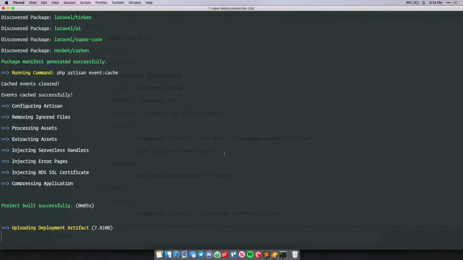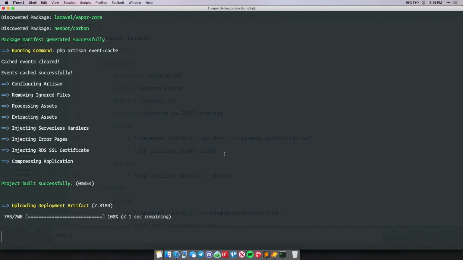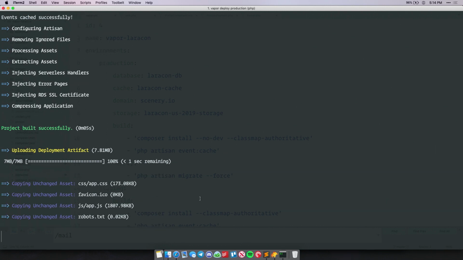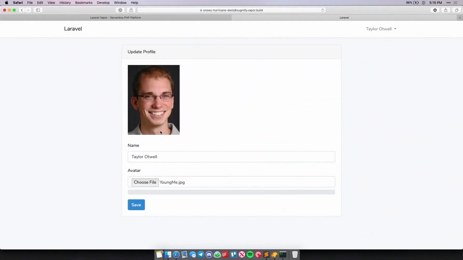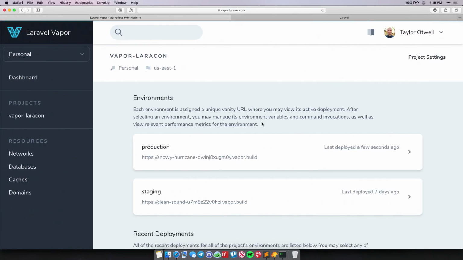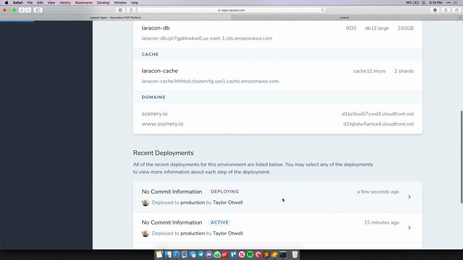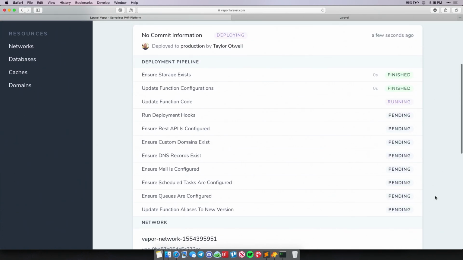what that's going to do is all those build steps ran locally, but it's going to run those deployment steps actually on the AWS side. So we hop into Vapor, go to production, let it update our code, and then right here we're going to see it run those deployment hooks, and we'll be able to get the output for those deployment hooks to make sure it looks okay after they run. So that's how you would kind of migrate your database or anything else you needed to do on the server or the serverless side, so to speak.